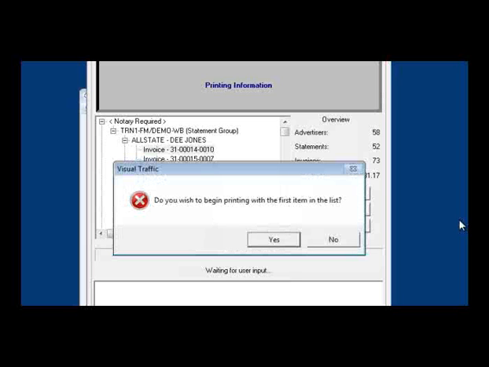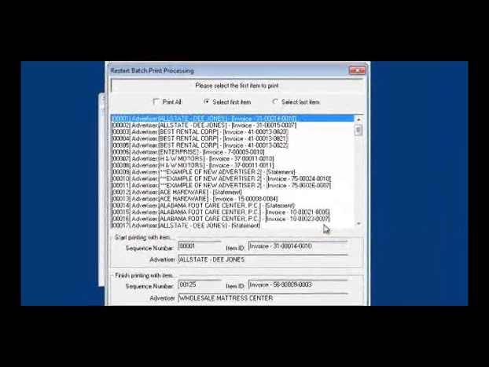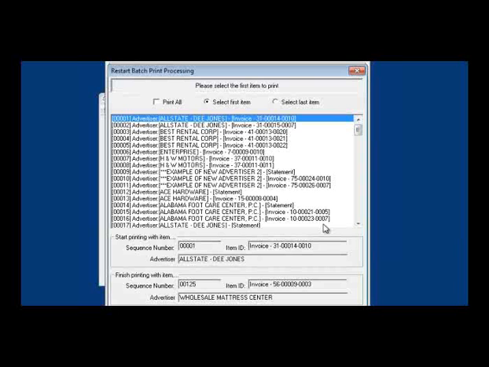When you click that, a box comes up asking you if you wish to begin printing with the first item in the list. For your first run, you're probably going to say yes, and it will begin to process. But what if you don't want to start with that first one on the list? What if you need to restart from a point because your toner ran out on your printer? We can say no. It opens up the batch print processor, and you need to decide what invoice you want